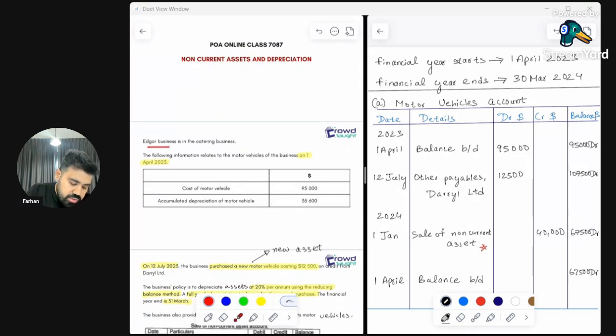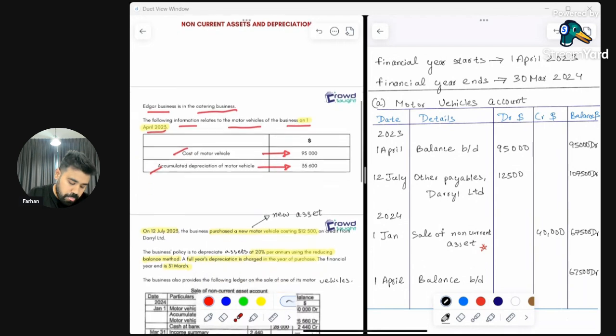Edgar Business is in the catering business. The following information relates to the motor vehicles of the business on 1 April 2023. So at 1 April 2023, we are given the cost of the motor vehicle, which is $95,000, and we are given the accumulated depreciation of motor vehicle, which is